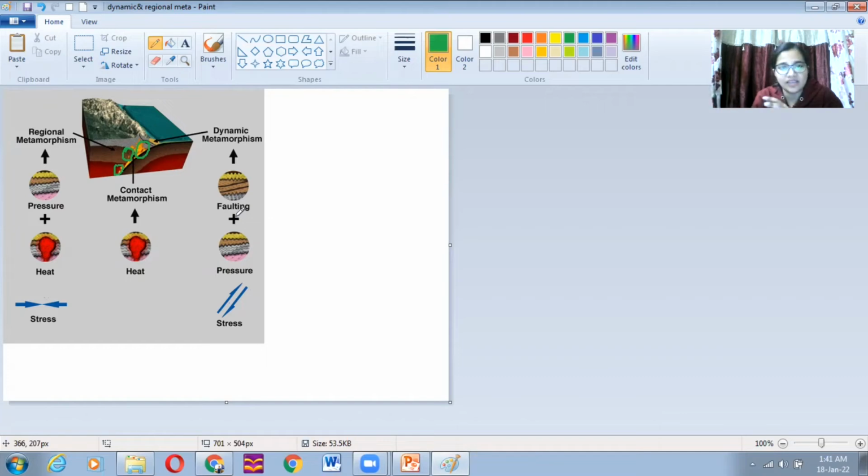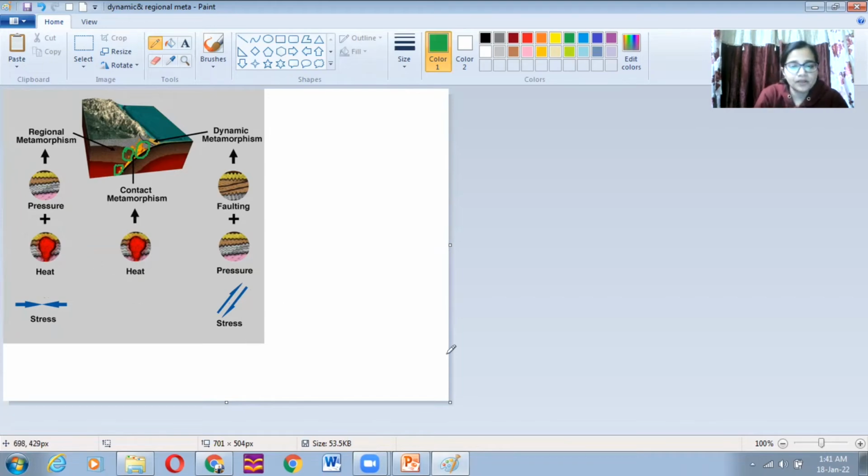ऐसा नहीं है कि हीट नहीं है, लेकिन डायनेमिक मेटामॉर्फिज्म में प्रेशर बहुत ज्यादा होता है। Whereas in the case of, यहाँ पे लिखा नहीं है मैं बोलती हूँ, in the case of thermal metamorphism आपका heat और temperature is the most driving factor. So in dynamic metamorphism the rocks are altering because of the pressure, and in the thermal metamorphism the rocks are associated with high amount of temperature.